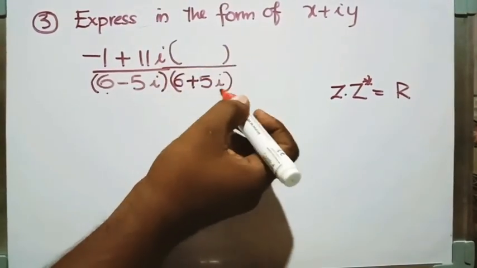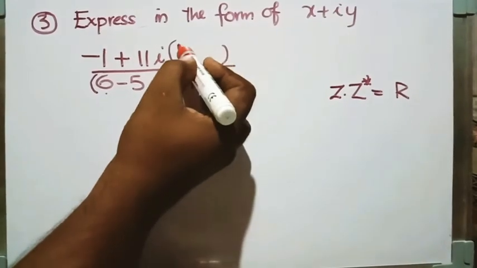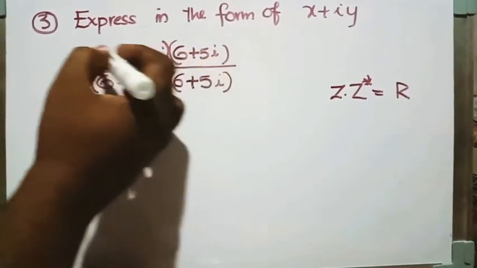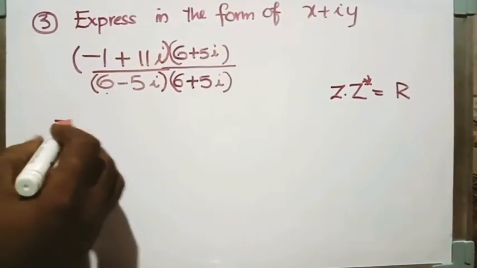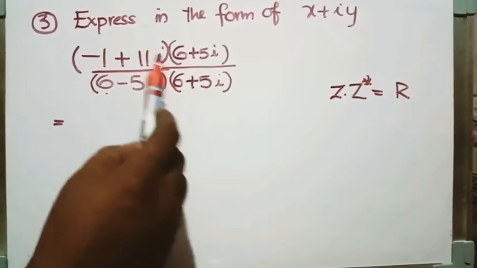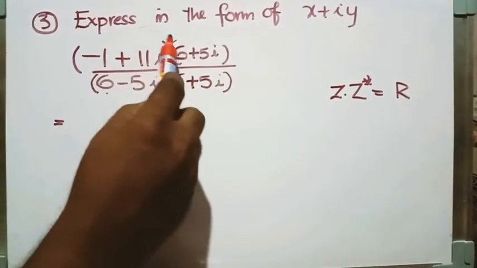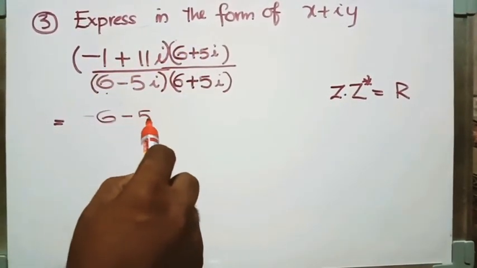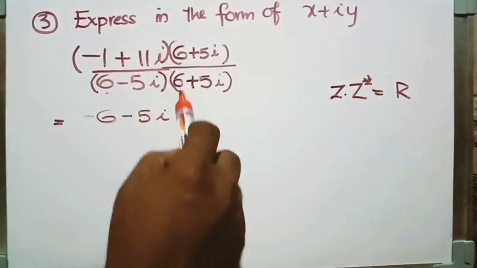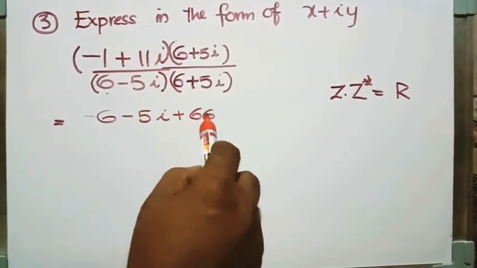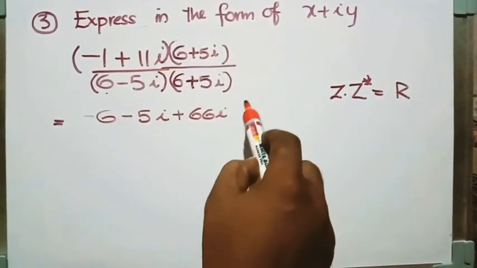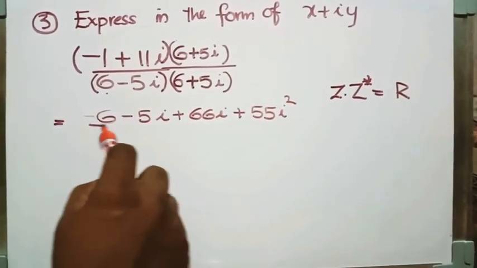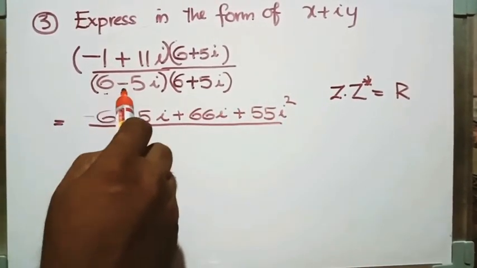As we multiplied 6 plus 5i in the denominator, the same is to be multiplied in the numerator also. As it's a binomial, let's put it in brackets. Now our work is very simple. Do the normal calculation. Expand the bracket. Like minus 1 into 6, minus 6, minus 1 into 5i, minus 5i, 11i into 6, that is 66i, plus 11i into 5i, that is 55 i squared, the whole divided by